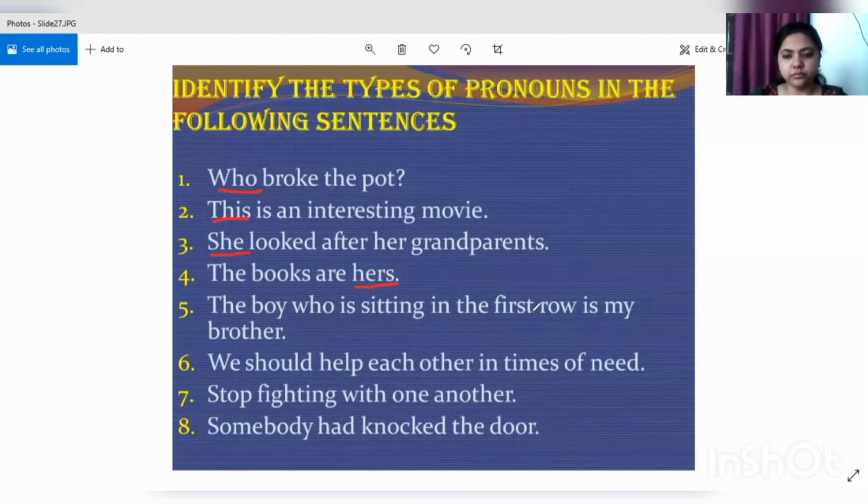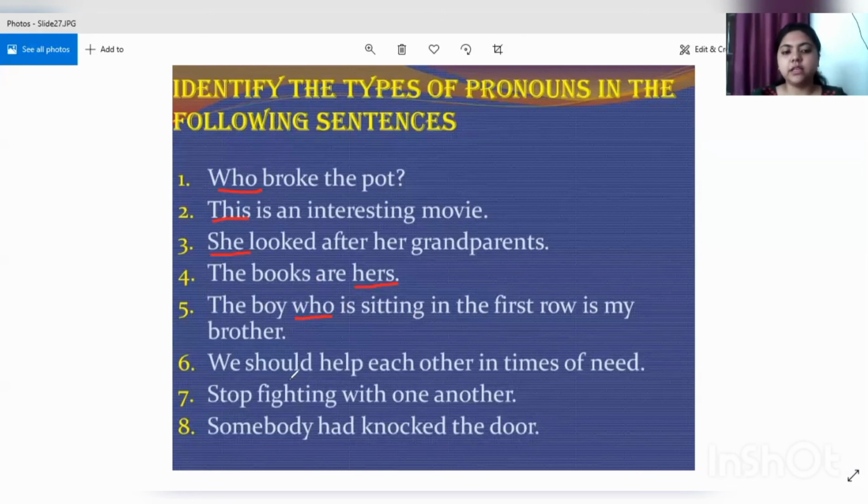Isha Shrivastava. Who is an interrogative pronoun? Anyone else? Vaishnavi Pandey. Who is a relative pronoun? Yes, who is a relative pronoun. First of all, the sentence is not ending with a question mark, so it cannot be an interrogative pronoun. Another thing is that it is not used in the beginning of the sentence. Again, it cannot be an interrogative pronoun. It is used in between and is bringing about the relationship. That is why it is a relative pronoun.